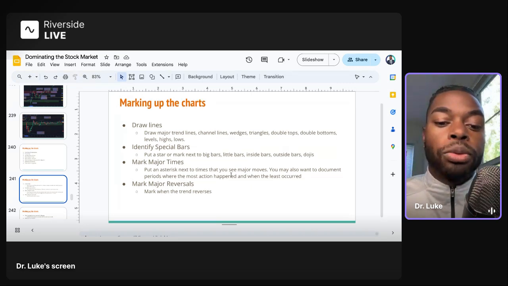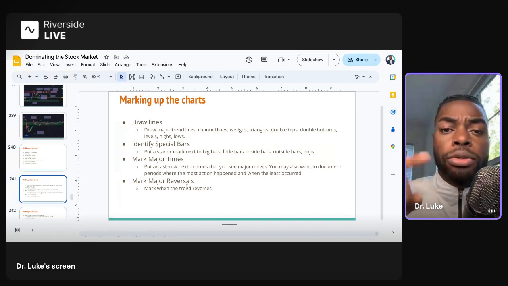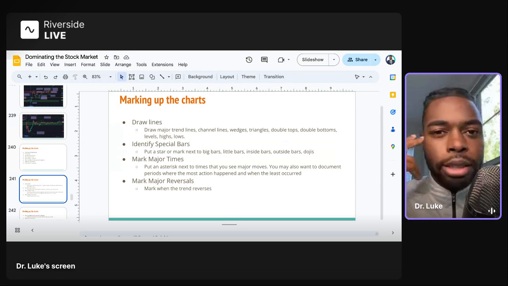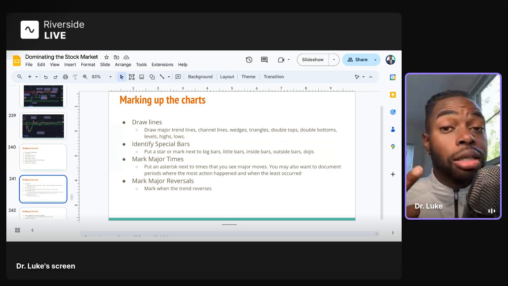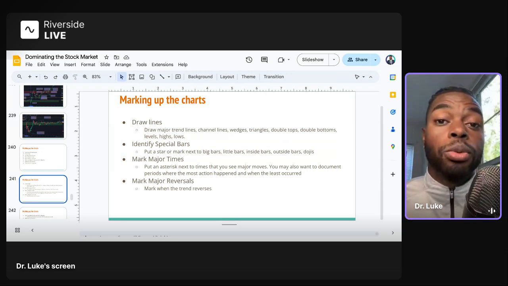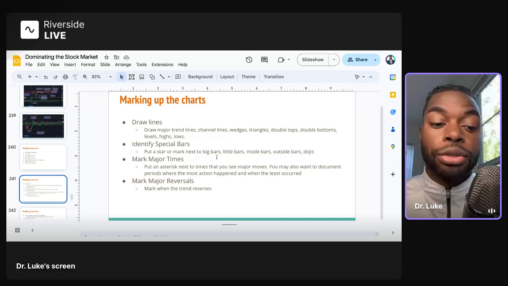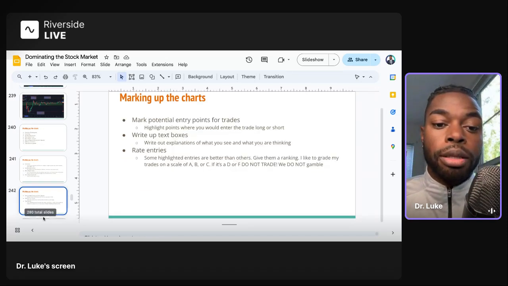Then you mark major reversals. Anywhere you see a major reversal on the chart, just mark it up and then go back to it and look. A lot of the time it's at that 10 a.m. or 11 a.m. reversal time, and you'll see that as a trend. And then you want to mark